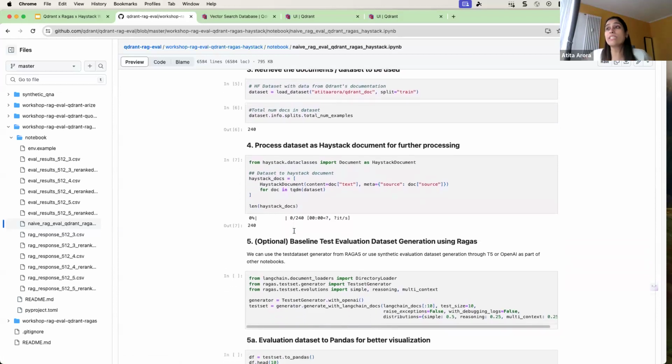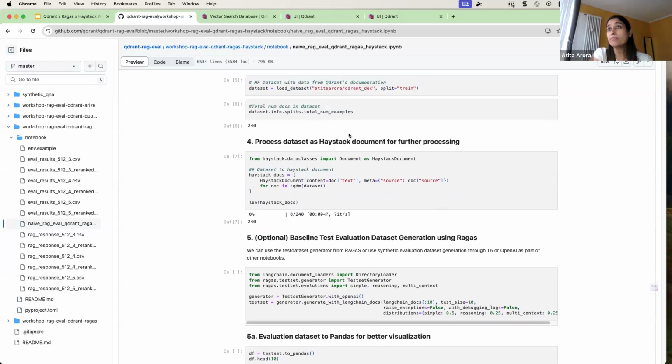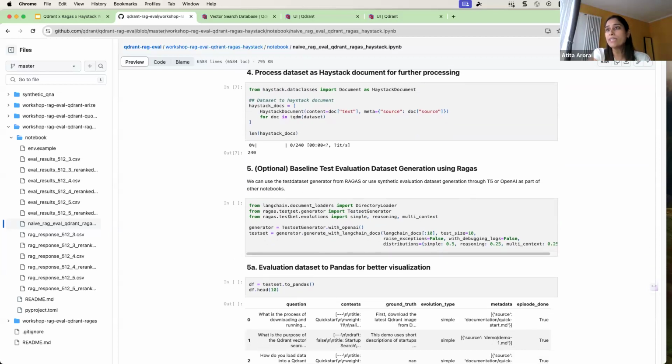I obviously need to process my text to create chunks and pre-process it before putting it in my knowledge store, which is Qdrant. Throughout this notebook, I would be heavily using Haystack. So we would be creating the Haystack documents out of this data set that we have. As you can see, it has 240 documents in total,